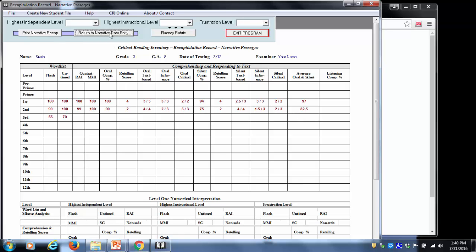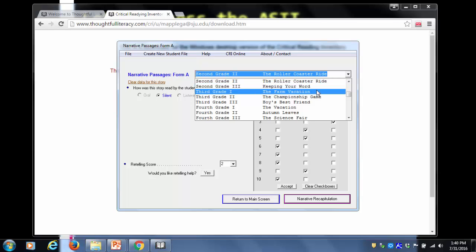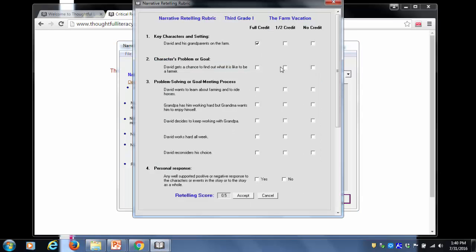Let's get back, and to make things easy for us, moving on to third, what we're going to do is we're going to show this as her frustration level. Okay? So let's input our data and let's get our retelling,